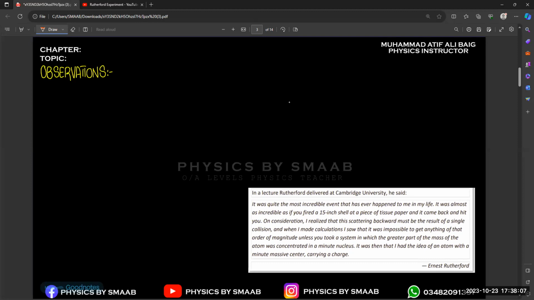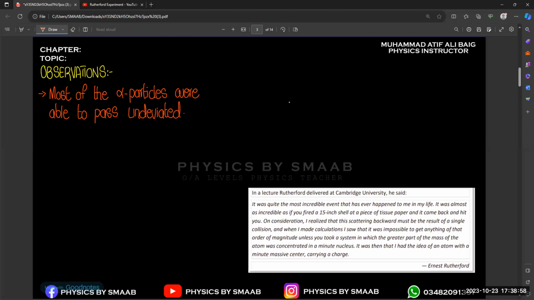So in the exam, if they ask about the observation, what Rutherford observed from this experiment, we observed that most of the alpha particles were able to pass undeviated, right? And the second thing is